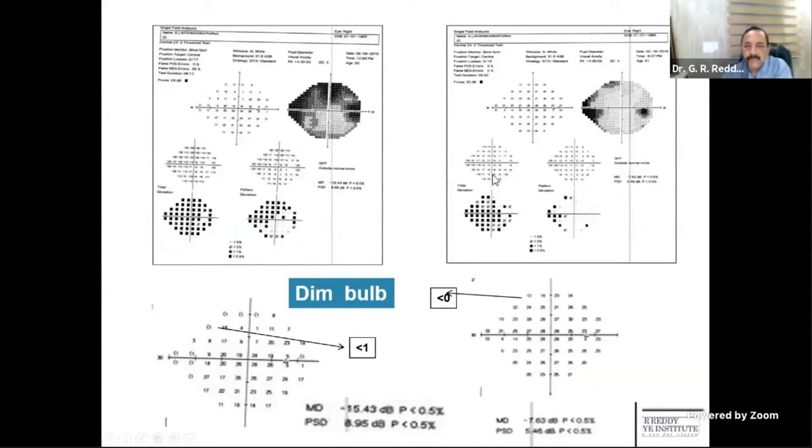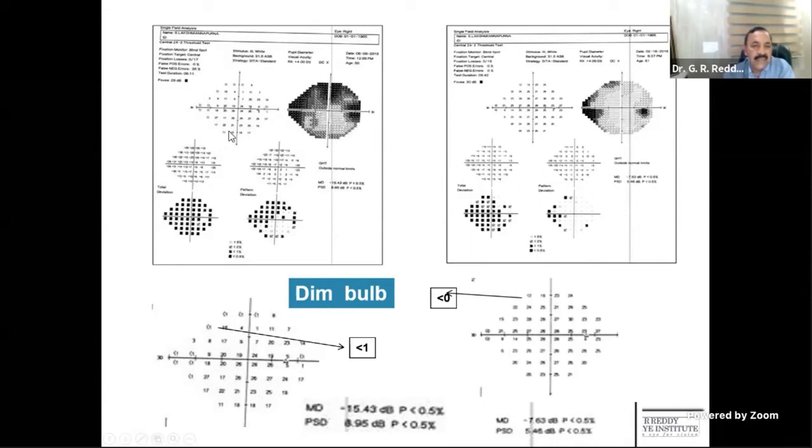Here you see, he is a known patient of early glaucoma, but the field looks like an advanced case. If you see the raw data, there is an inferior sign in front of a numerical value. Normally, the inferior sign appears in front of 0. That means this point is not responding to the maximal light intensity. If it appears in front of any numerical value other than 0, you should appreciate that the bulb is becoming dim. You have to replace the bulb or recalibrate it.